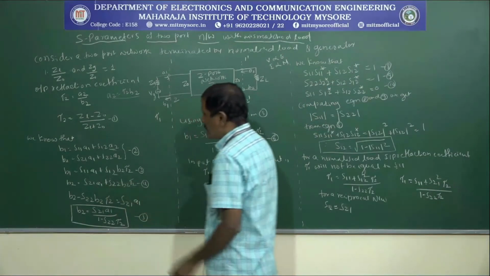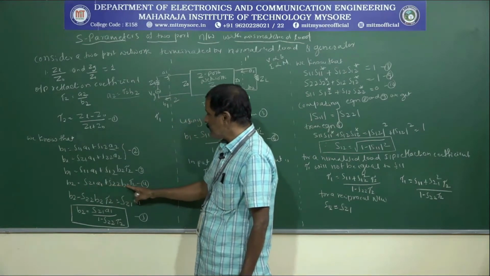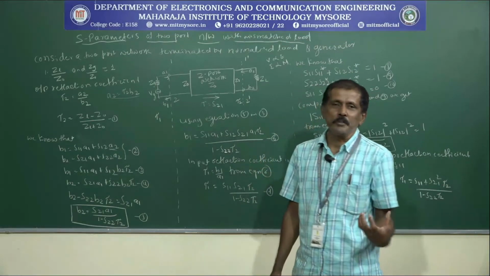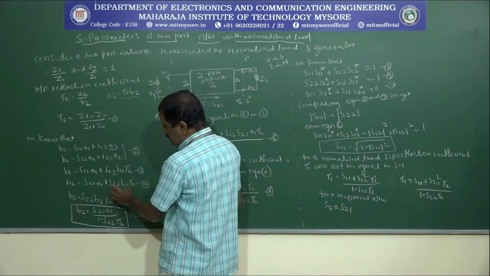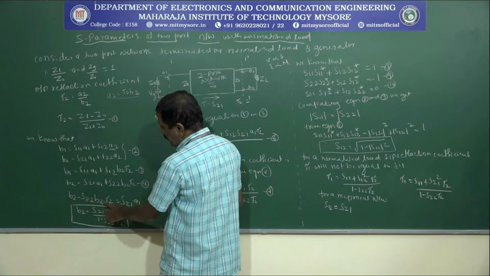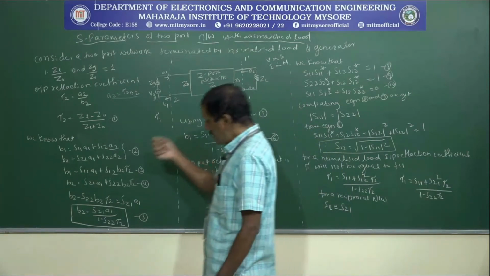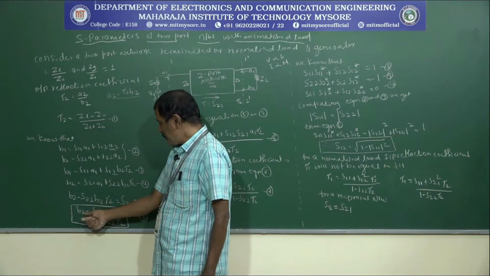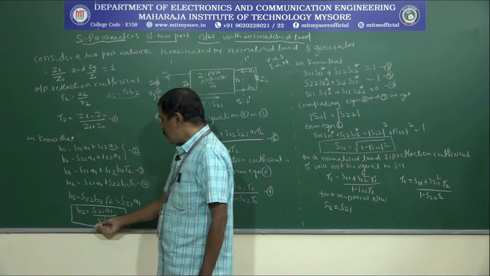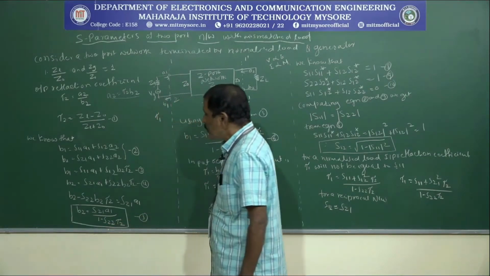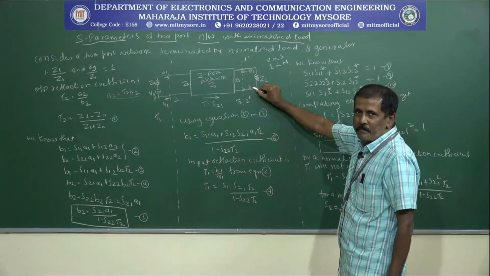Try to simplify this particular equation. Here you are having the B2, here you are having the A1, and here you are having the B2. Take all the B2s on one side and all the A1s on the other side. If you want to simplify this, take the B2 on one side, then B2 minus S22 into B2 into Γ2 is equal to S21 into A1. And from this equation, my B2 equals S21 into A1, because this term is going to the denominator, so it is 1 minus S22 into Γ2. And this is going to give us the value of B2, which is there at this particular point.